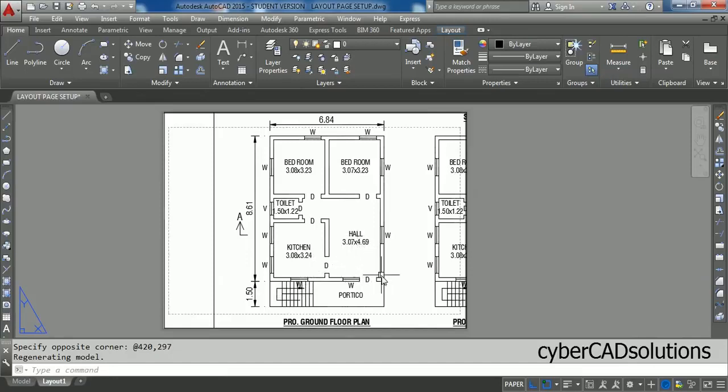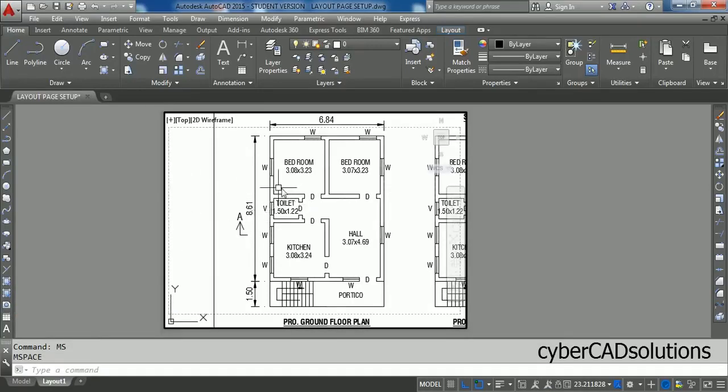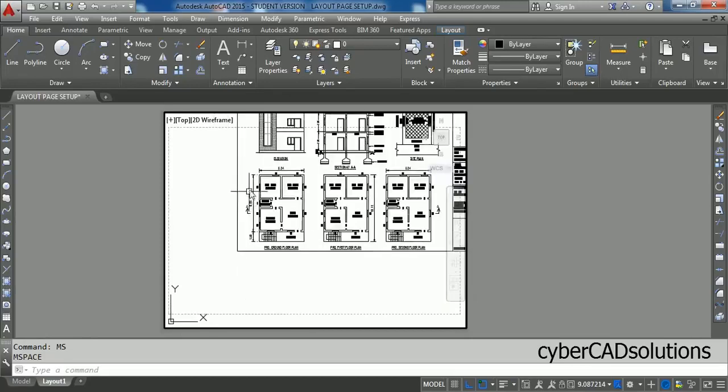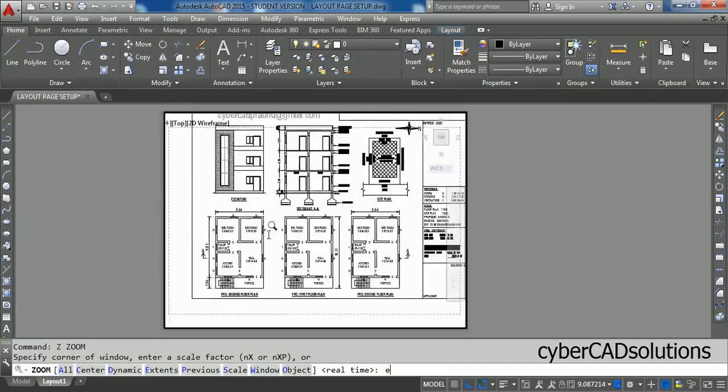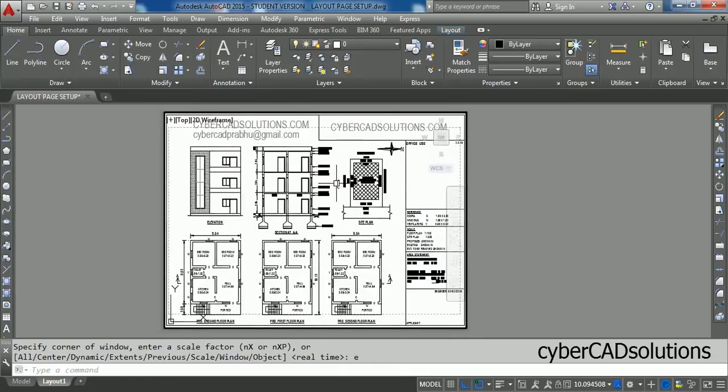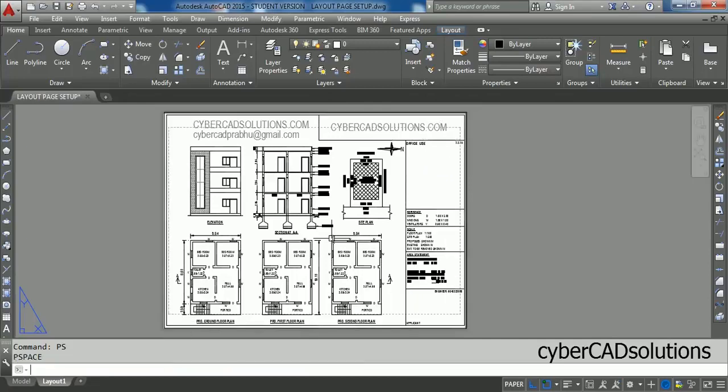Now to get the required complete drawing, get into this viewport. For that type MS at the command prompt, so that now we are inside this model space. So zoom out like this and use the command ZOOM and option Extents E, so that all the entities will be brought into this view. Now to come out of this window, type PS, so that we are out of this viewport.